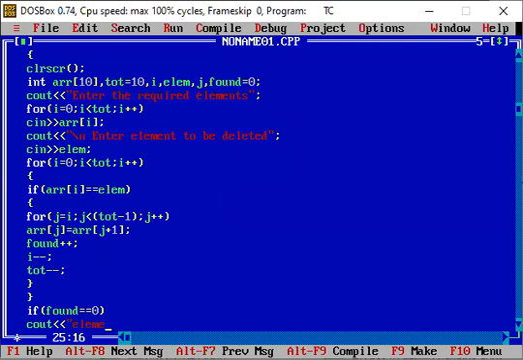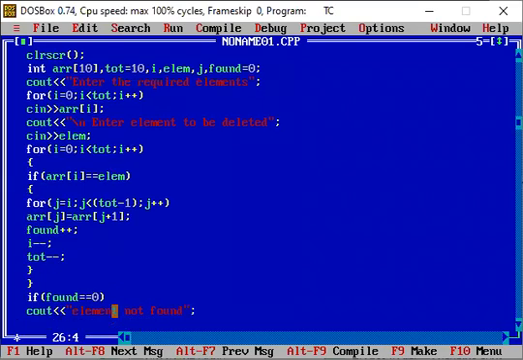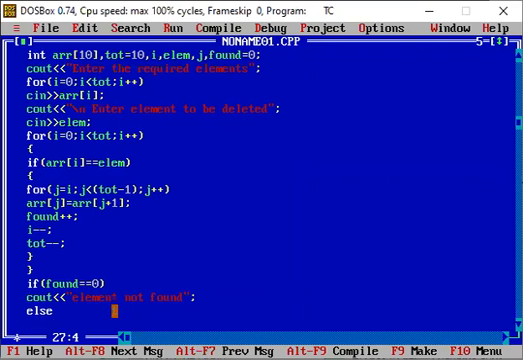Okay, so we can just write like this: element not found. Else, what we will show here is cout "Element found, the element is deleted successfully." Element is deleted successfully.